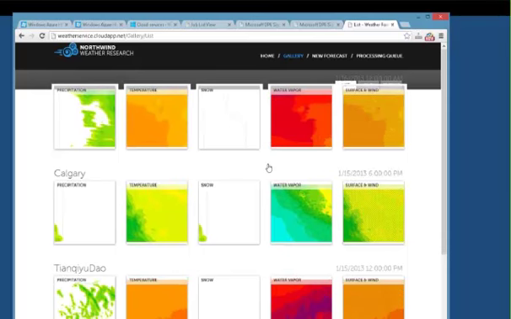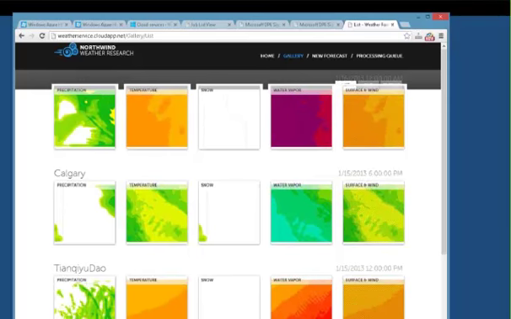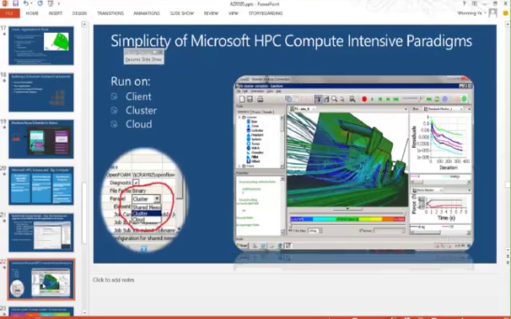And I don't have to patch the system because I'm using platform as a service, because all the nodes that I spin up are managed and provisioned by Microsoft. Let's go back to our slides real quick. I want to go back to